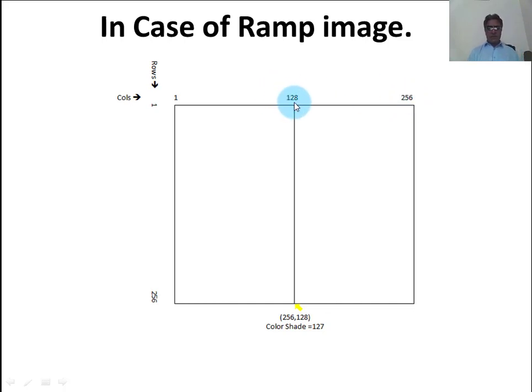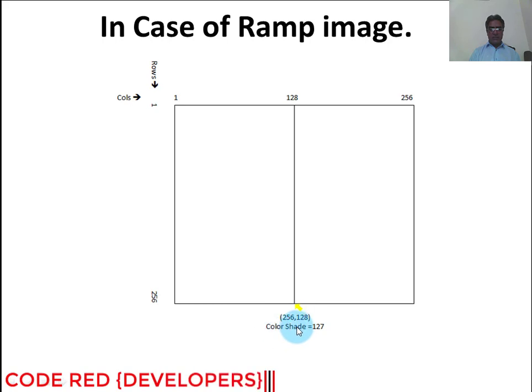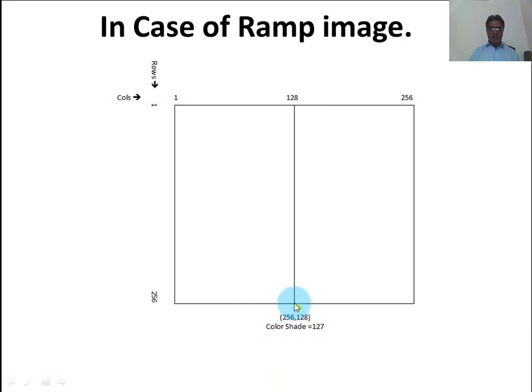This is the middle column, and if this line shows the positions of columns and this line shows the positions of rows, then this coordinate value indicates this position, and at this position the gray value of the color shade will be 127,